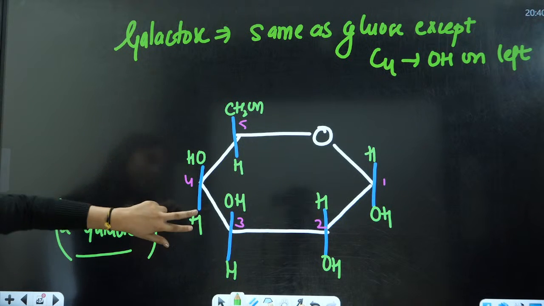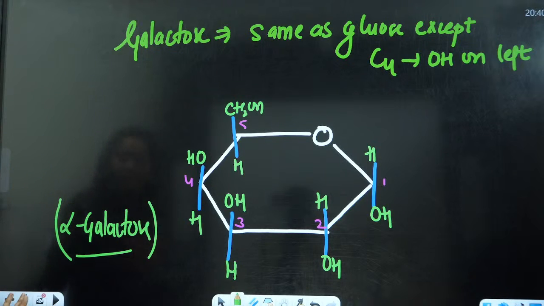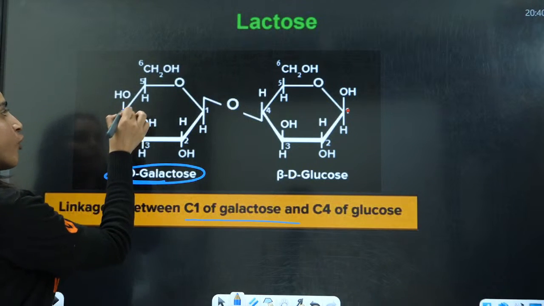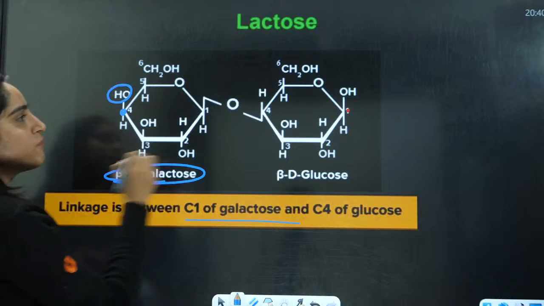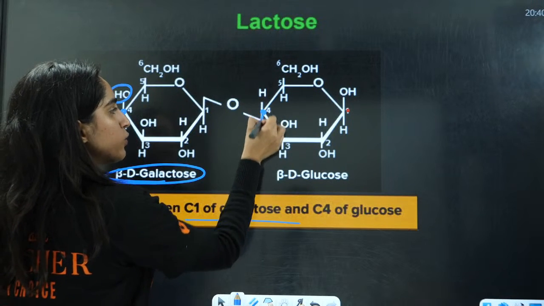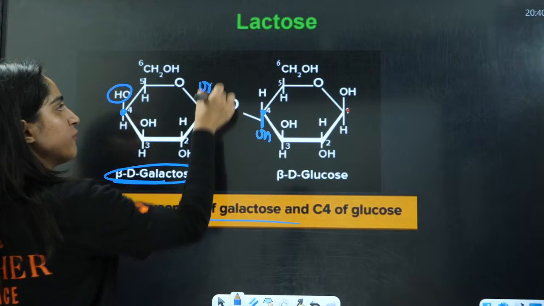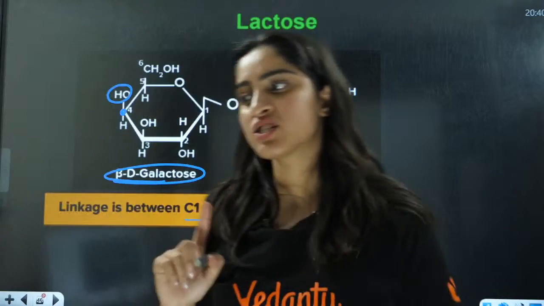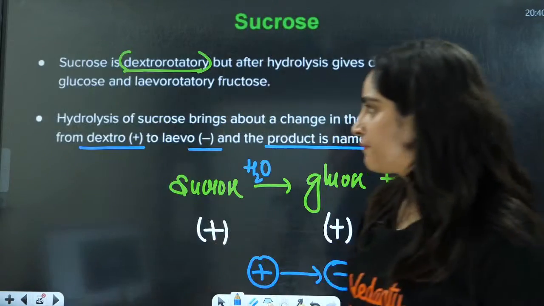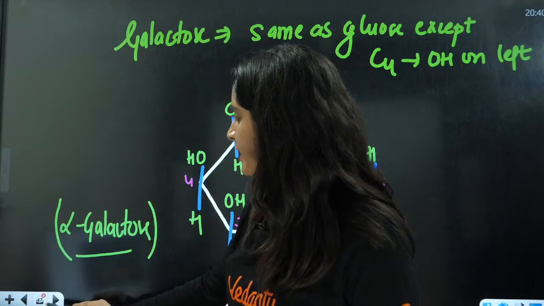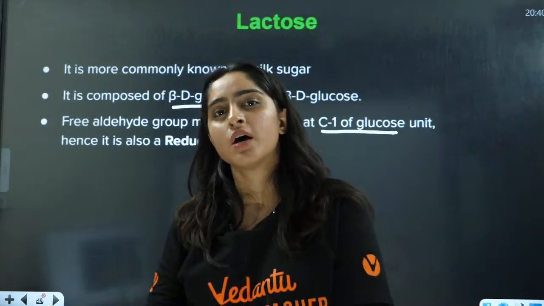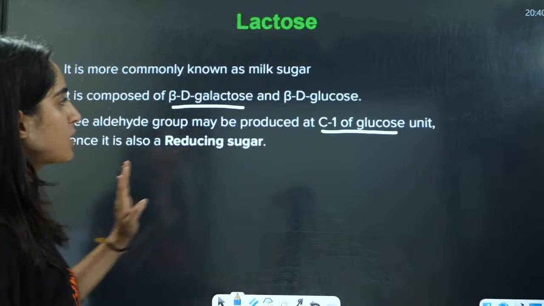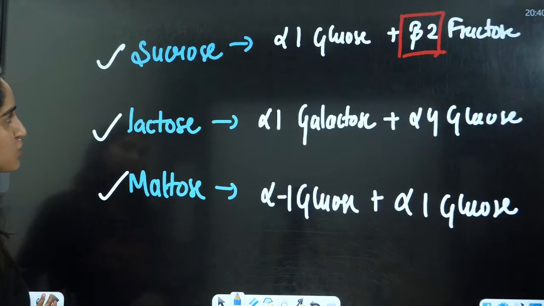In glucose, you have this OH group down and the H group above. This is the galactose structure. At the fourth position in galactose, OH is on the left side, that is above. In glucose, at the fourth position, OH is on the right side, down, and this would be above. There is elimination of water here and you have this linkage. There is just one difference here. This is very simple. You don't need to recall all the structures, just a few things from them.